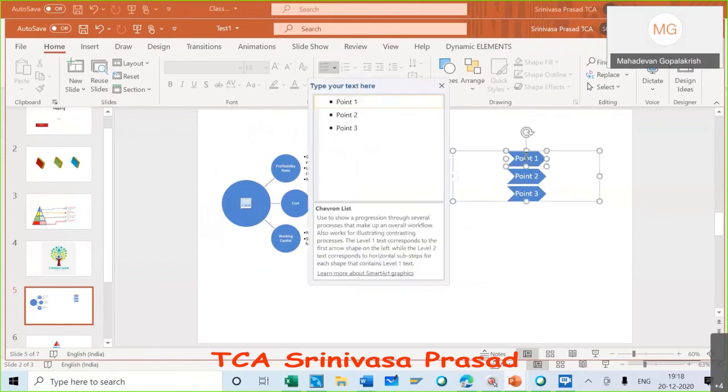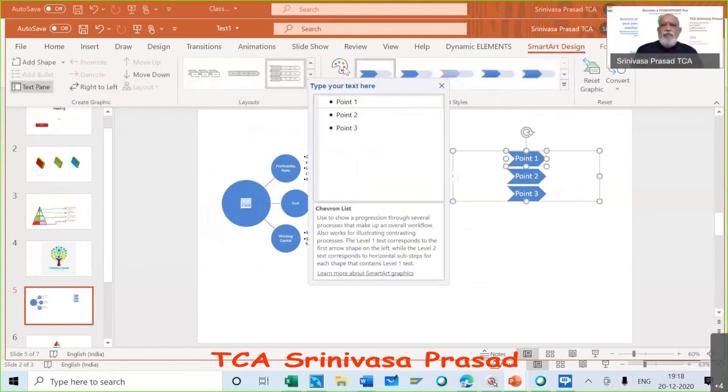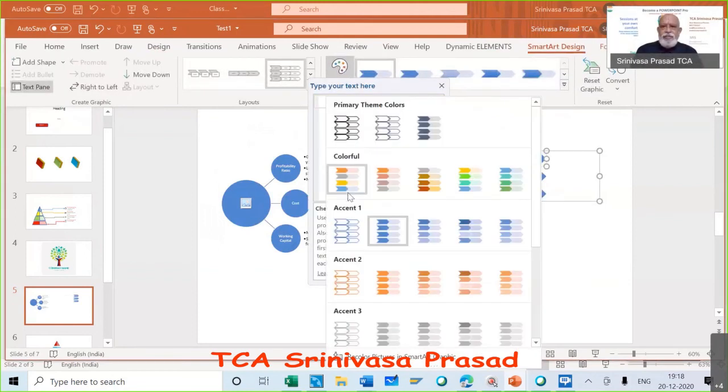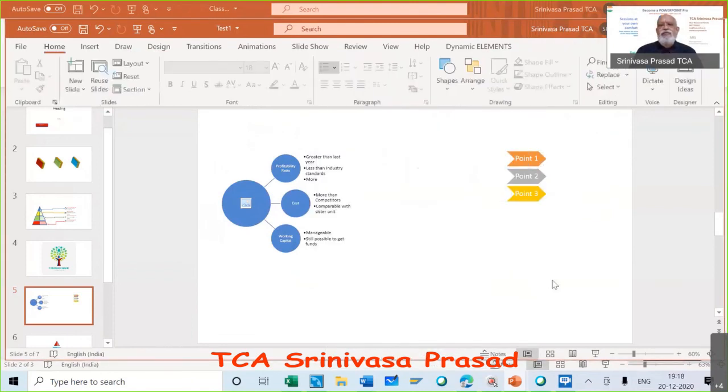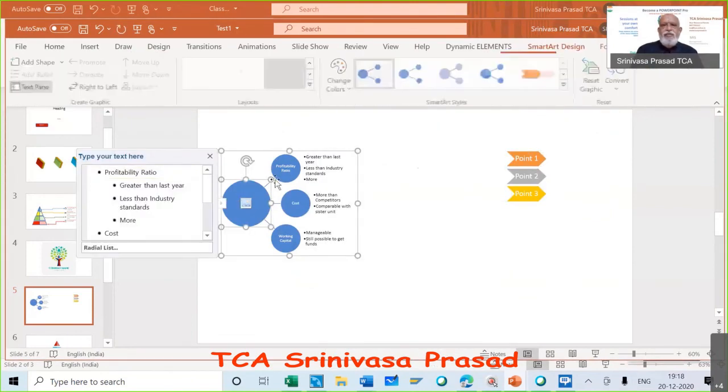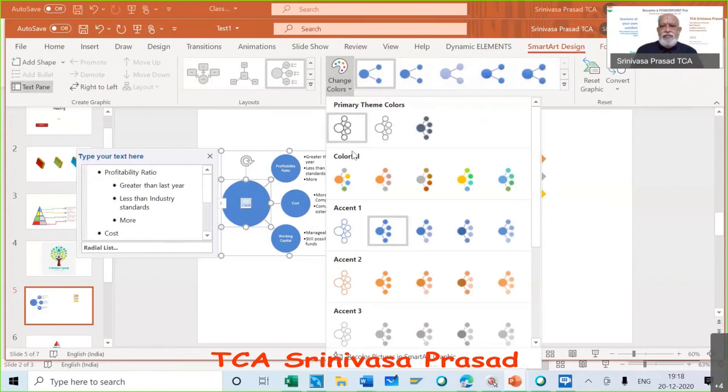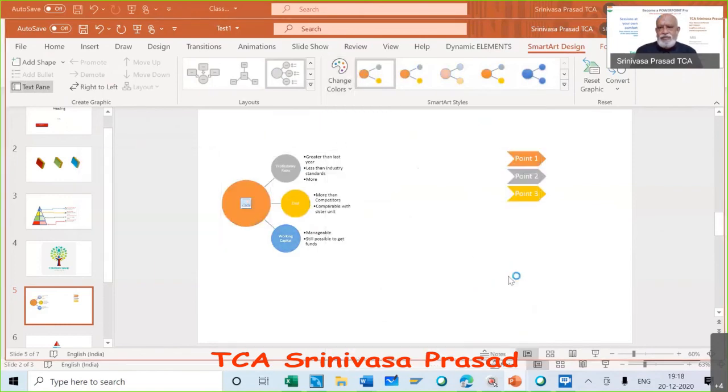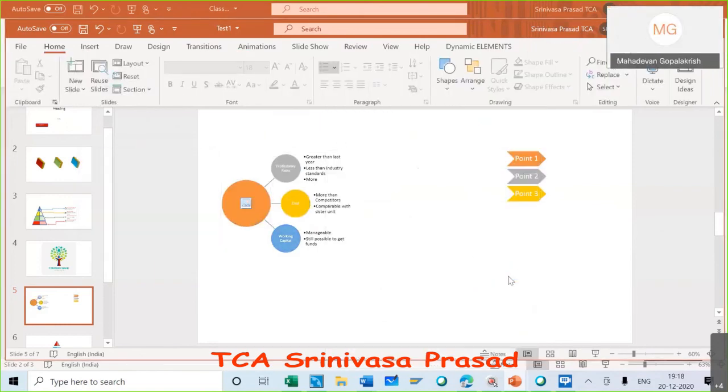So you come here, and then you come to a different color combination. You take this color and do this, and you come here. You come to the palette colors. Use the same colors. If you want 4, you can make 4. You want 8, you can make 8. Oh, very good. Excellent. So you ask, it is given.